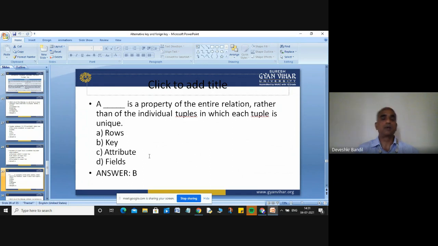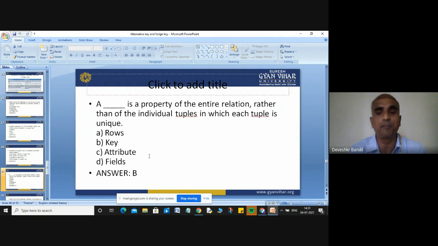So your answer is not a row, not an attribute, and not a field. Your answer will be key.